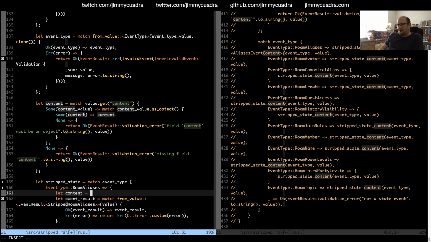So content is going to be, what type is this?